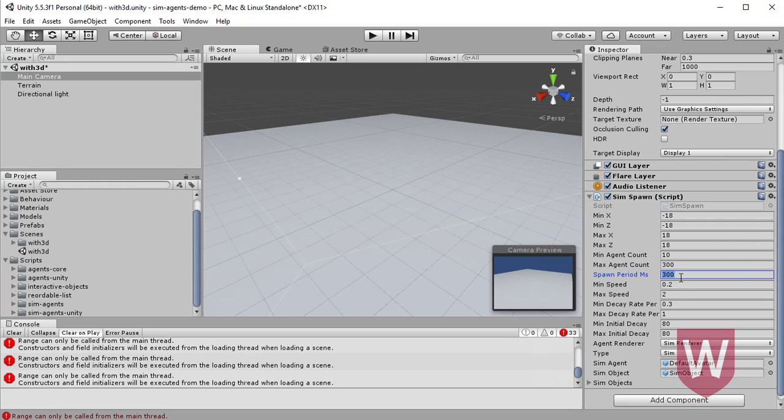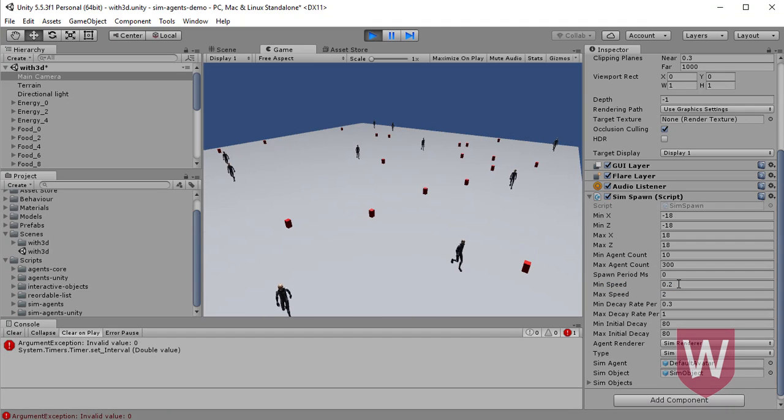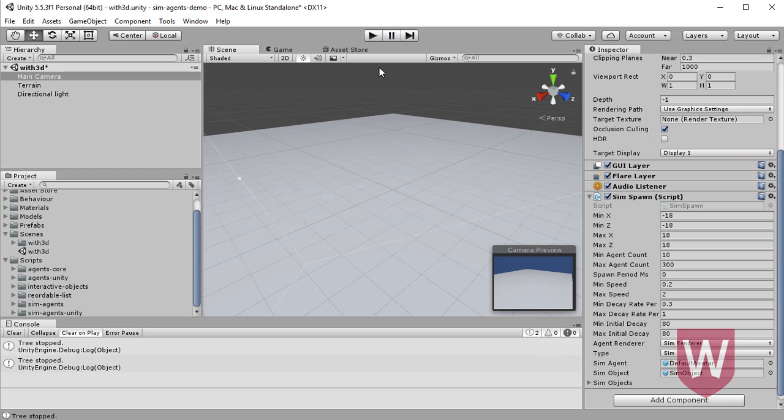the next bit what we're going to do is to set the minimum speed and then the maximum speed for the agent, right? So what is the minimum speed at which the agent is moving, and then the maximum speed at which the agent will be moving, and then the decay rate at which the different values are decaying for the agent. So that means slower or faster. This is slower or faster. And then what is the initial X value? What is the initial X value for the given sim